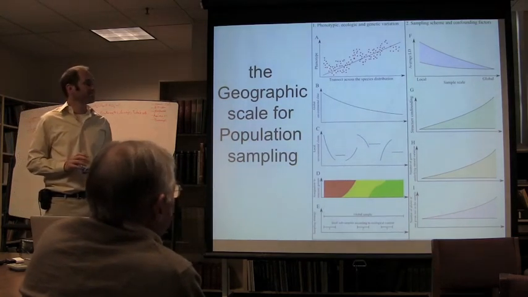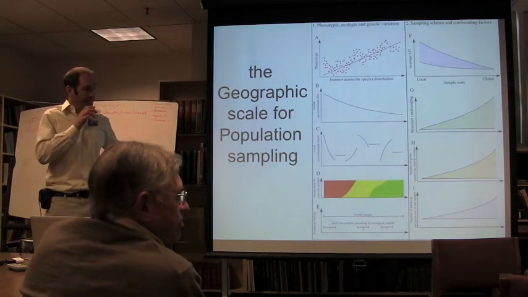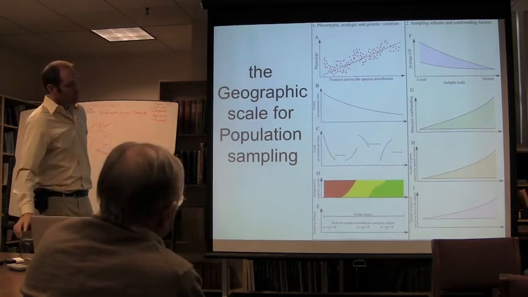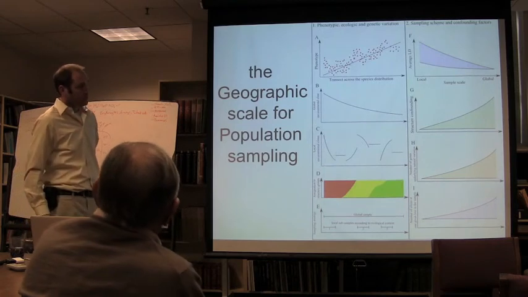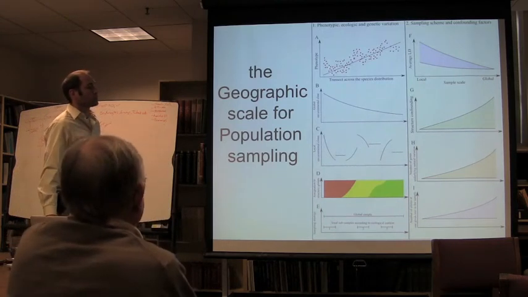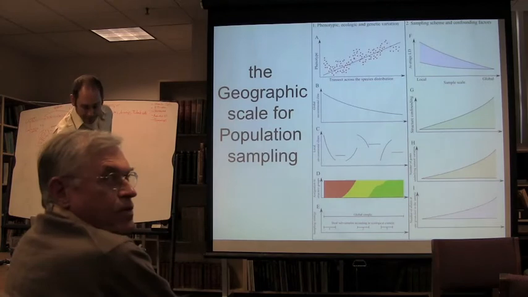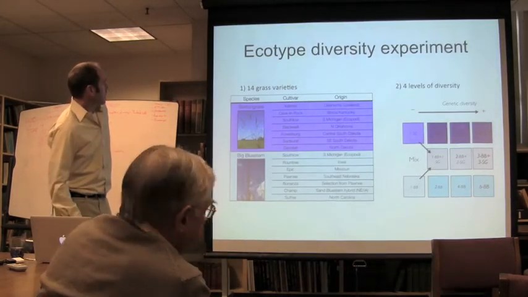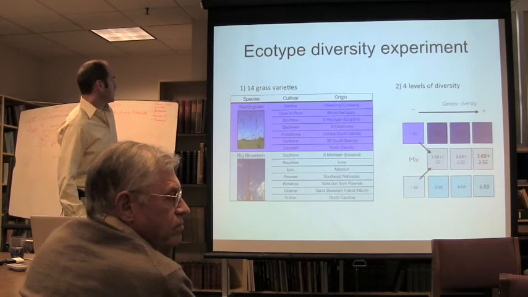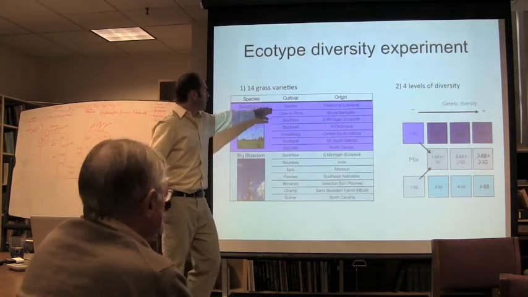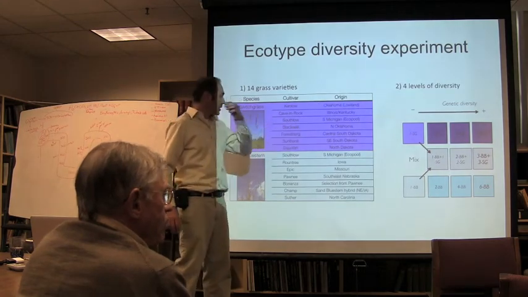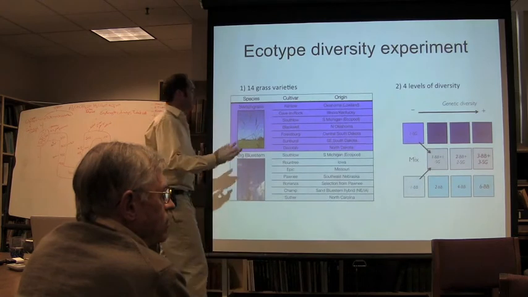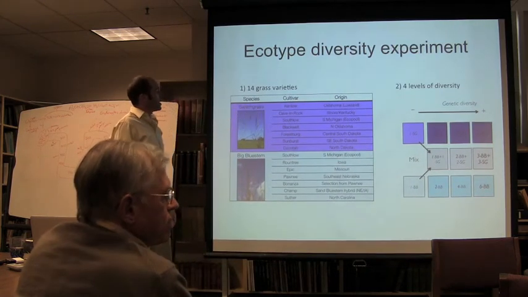Maybe I could start while people are thinking. So in that population mixture experiment, was that the lowland versus upland clades, or was that different populations that are already naturally admixed? This has one lowland here, and then the rest of them are upland. So just randomly, some of the 2 and 4 and 6 plots would have lowland and upland.